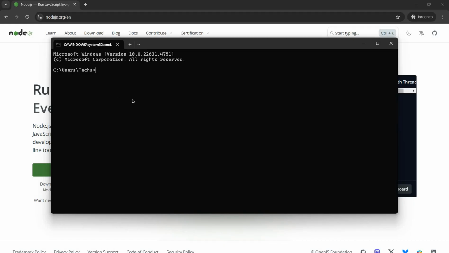Once you click on OK, it will show you this kind of screen. Here you can run one simple command to identify whether Node.js is already installed or not. So you just need to write here node space -v and then press enter. So right now it is showing Node is not recognized as an internal or external command, operable program or batch file. That means Node.js is not installed. If it is already installed, then in that case it should show the version number, because this command is for finding out the latest version